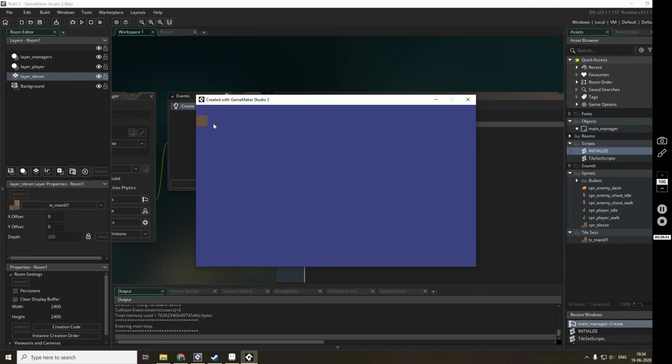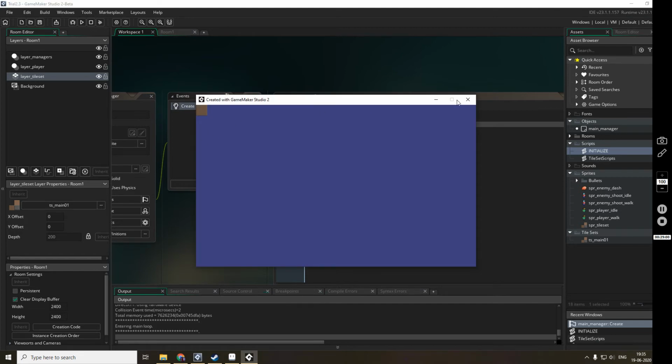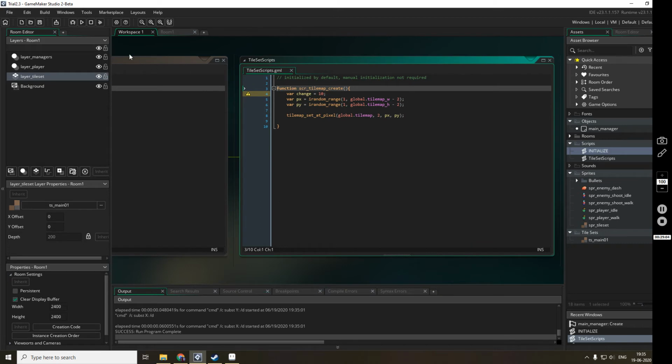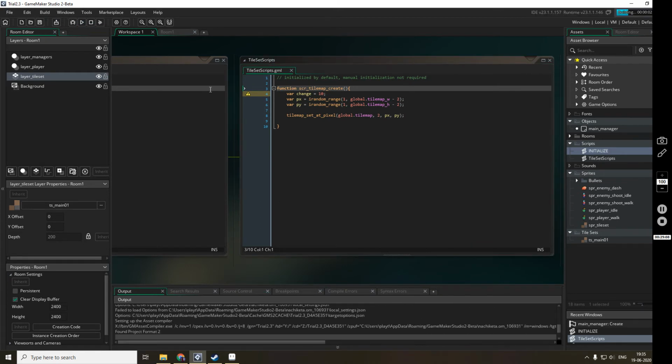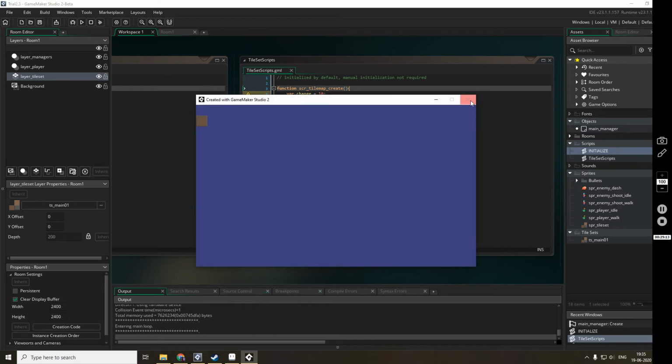Okay, we are getting it here, and then we run it again. We got somewhere else. Okay, but I don't know why we are getting it only in the left corner. Okay, there is some problem.